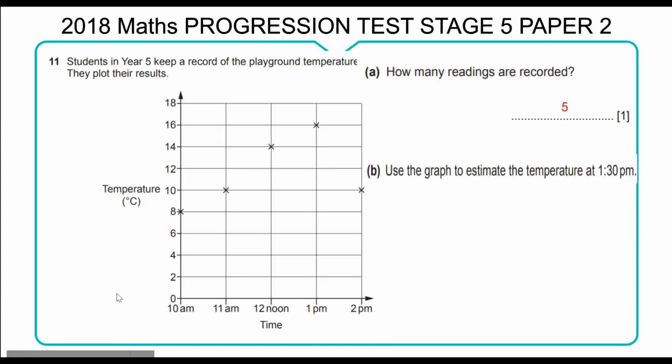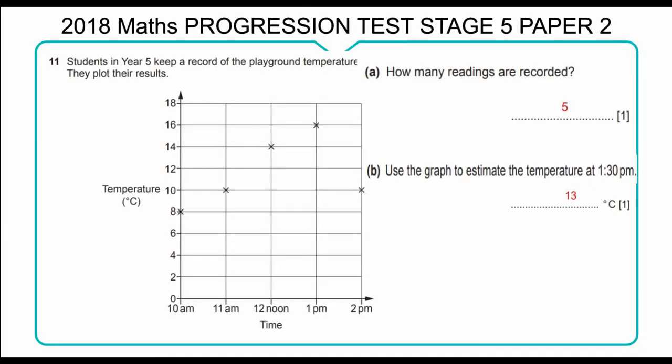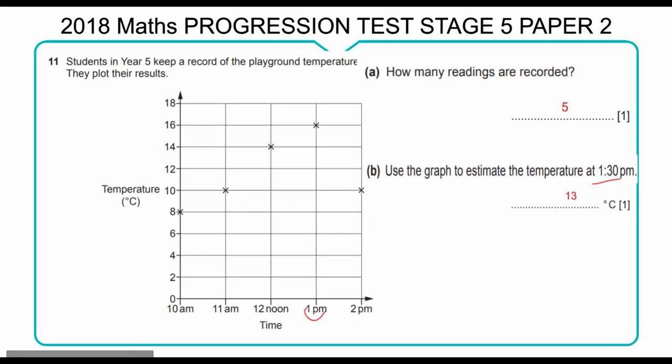So let's reveal the answer for 1:30 p.m. The answer is 13 degrees Celsius. Here is how we got 13 degrees Celsius at 1:30. So between 1 p.m. and 2 p.m., 1:30 is just in the middle line. So if we connect this one